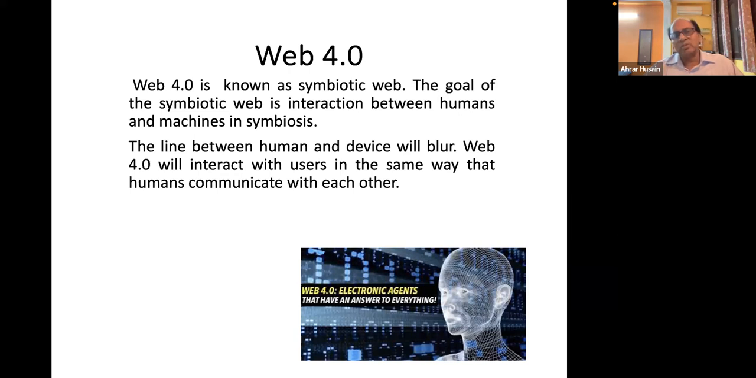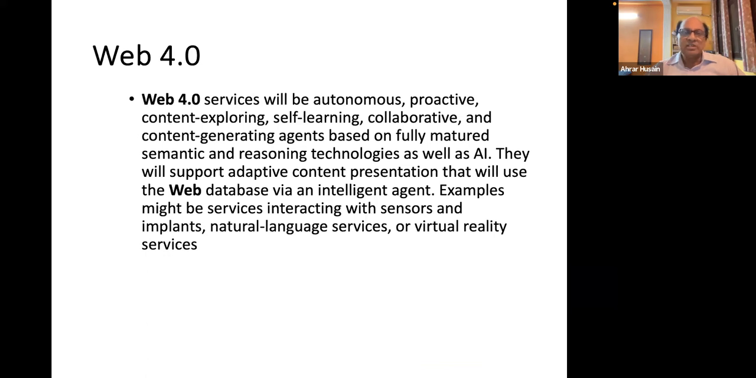जब हमारे पास मशीन होगी, हम मशीन से बात कर रहे होंगे, हमारे सारे काम वो कर रही होगी, तो हमारे पास सोशल वर्क, सोशलाइजेशन के लिए टाइम ही नहीं होगा. So that means at that time there will be some kind of health issues and other kinds of things also. So this means the services will be autonomous, proactive, content exploring, self-learning, collaborative, and content generating agent based